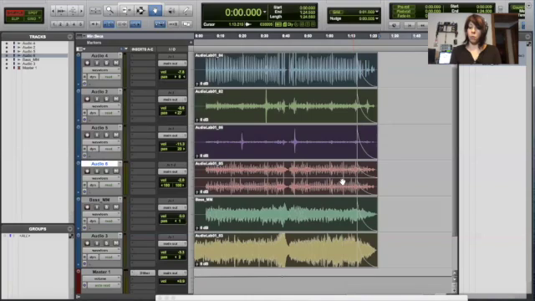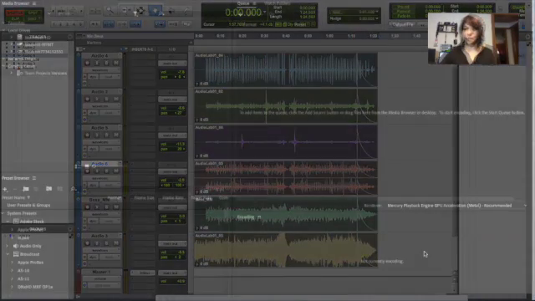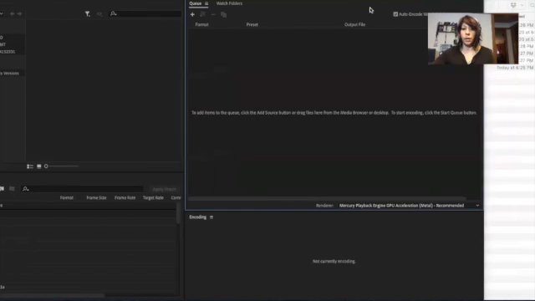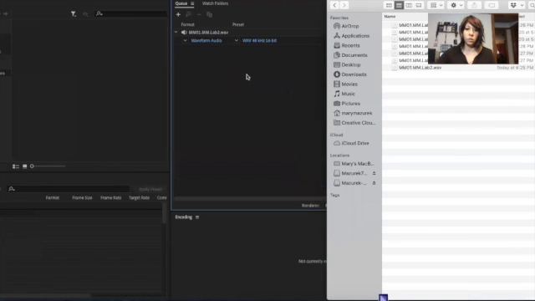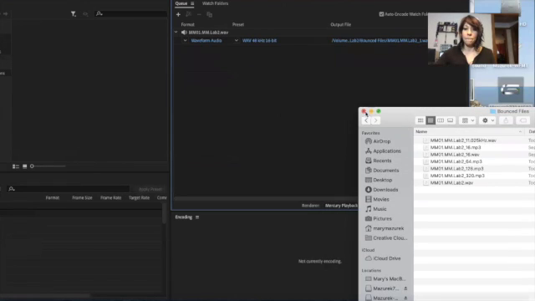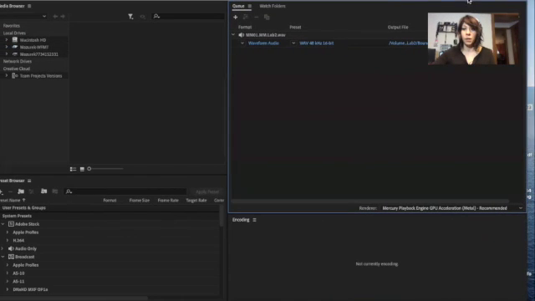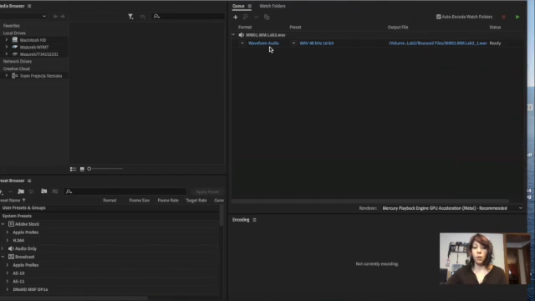Now the final one on the requirements is 44 8-bit. Pro Tools will not allow us to do that, so I am going to switch to Media Encoder. Okay, so this is Media Encoder, and just very simply we can drag and drop that file into this window. So right now it says 48 16-bit. We want to change that. So what we do is we